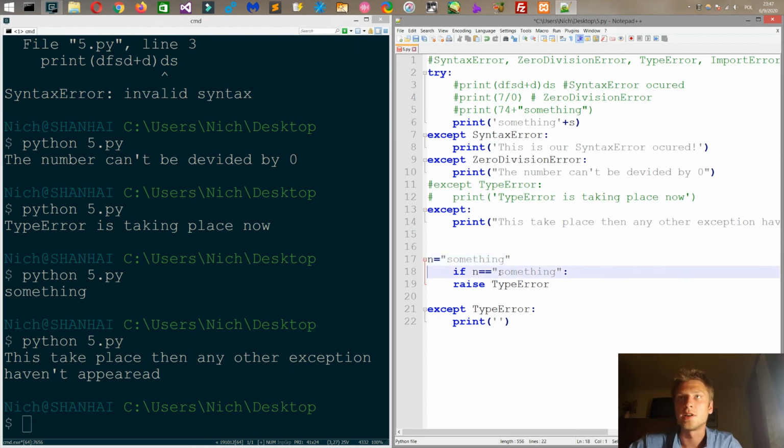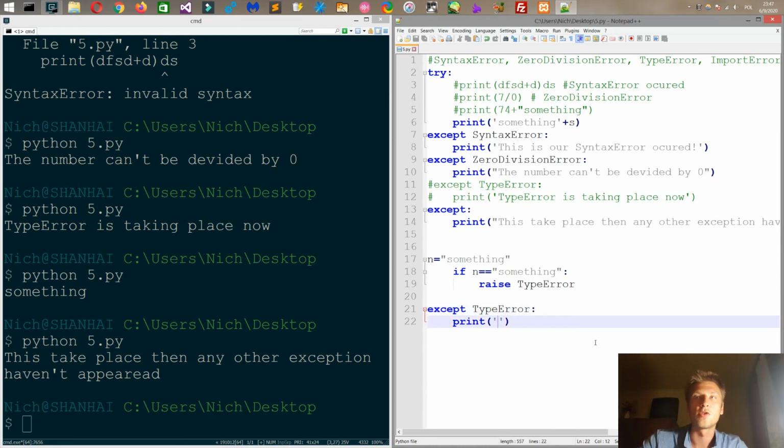Yeah, I think it will be okay like that. So except type error, and let's print our